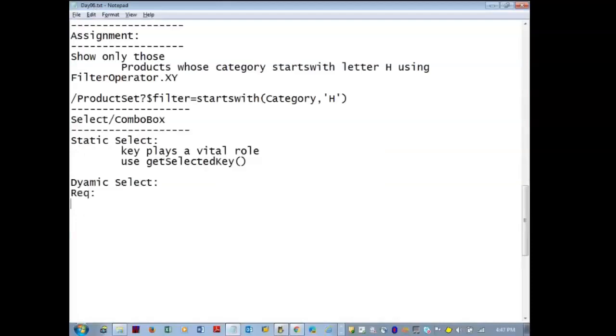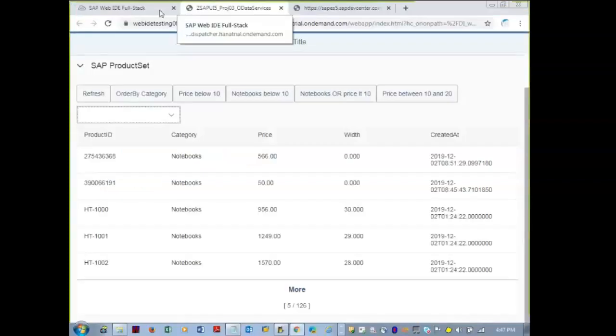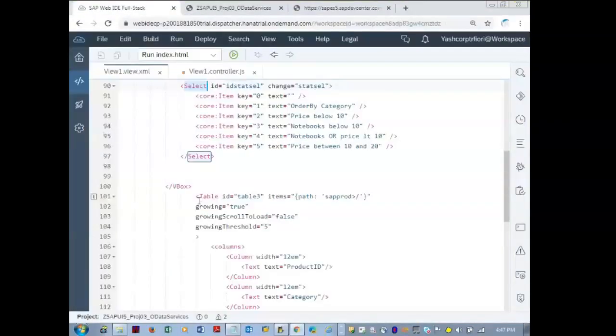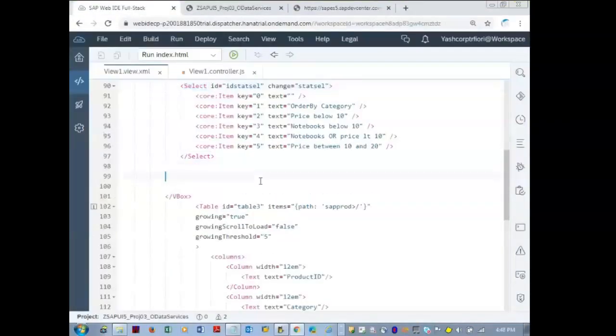Show the product IDs inside the select control. That means model values, the model values you are going to show now. Anywhere if you want me to stop, please let me know, I'll slow down.